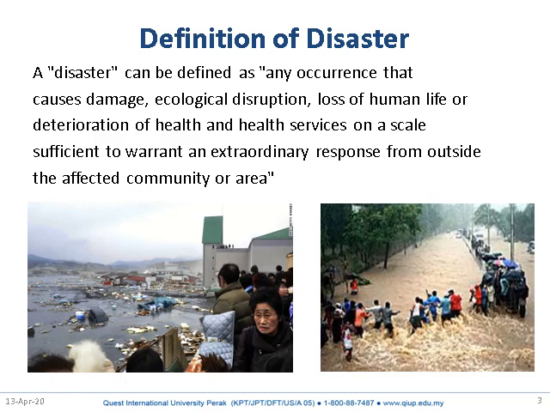Disaster can be defined as any occurrence that causes damage, ecological disruption, loss of human life, or deterioration of health and health services on a scale sufficient to warrant an extraordinary response from outside the affected community or area. So the affected place will be in such a position that they are forced to get help from outside the affected community or area. That's the definition of disaster.